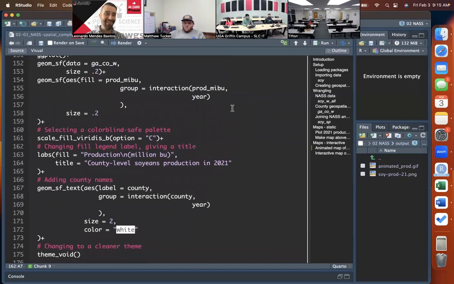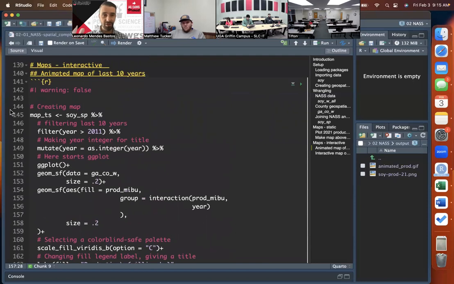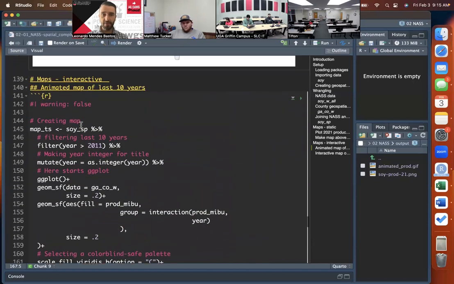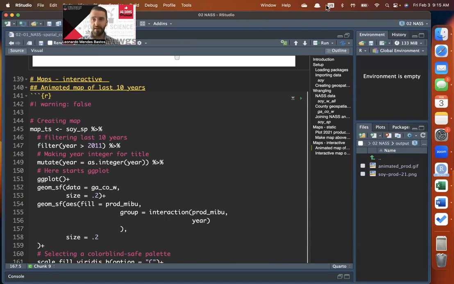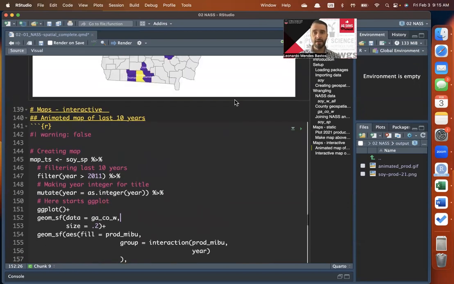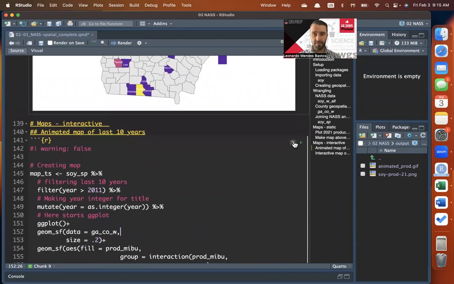Man, that's crazy. Okay. So originally I was going to suggest for you to simply delete that chunk of the animated map. But since Shakar found a partial solution for it, let me just run everything above and get to here. I have my 02 NAS project open, and I have my complete script open here. It doesn't have to be the complete one. It could be your partials if you were able to follow along in class. But if you just run all above,